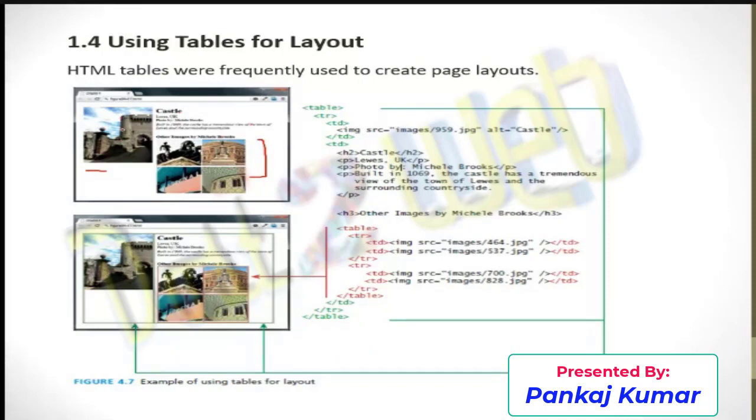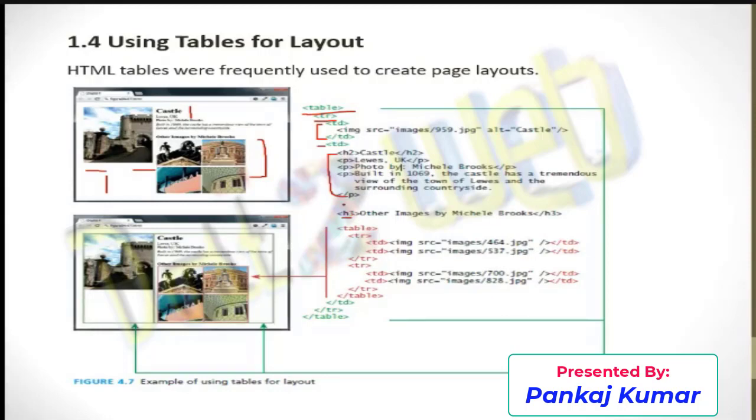When you generally use a normal img tag, what happens? One image will come here, the second image below, and it keeps displaying like this, but it will not come in this way. When you want it this way, you use the table architecture. You can see here I'm using a table. This is the first row. In the first row, in the first table data, I use the image. Now I'm using a second table data, that is this one, where I put some information, some paragraph, some h2 tag, some h3 tag, and it's closed.